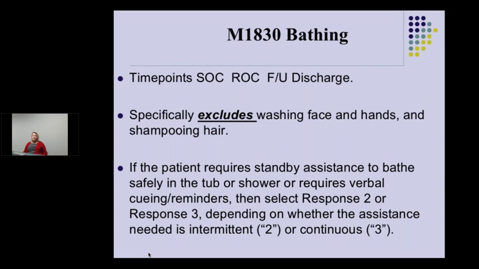This item is collected at start of care, resumption of care, follow-up, and discharge. Again, it specifically excludes the grooming items such